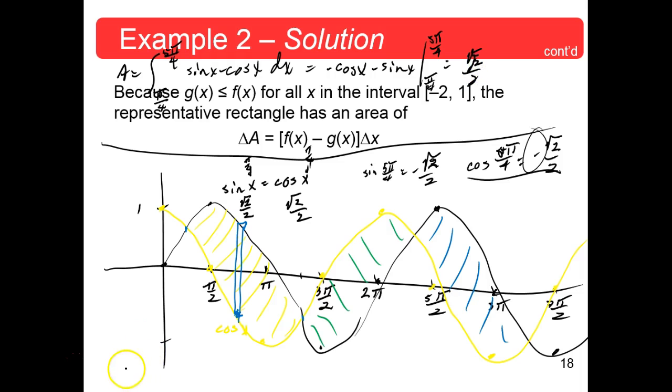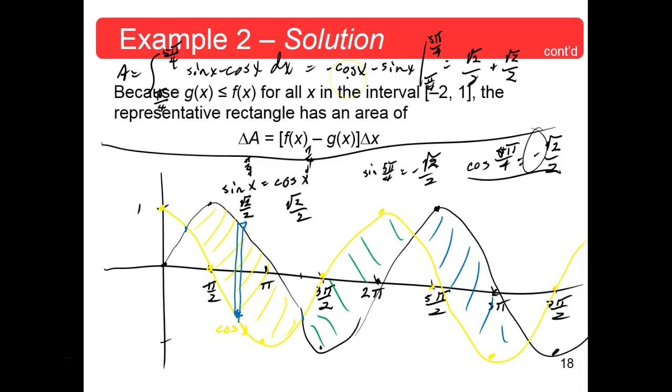Okay, so that's root 2 over 2, minus a sine of 5 pi fourths. That was also that, but then you got to minus that, so that's going to be a plus root 2 over 2. Okay? And then when we subtract the lower one,